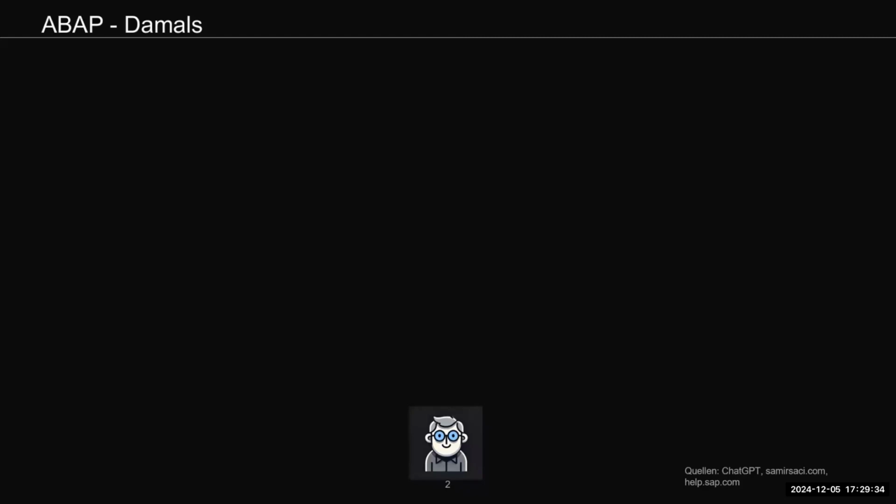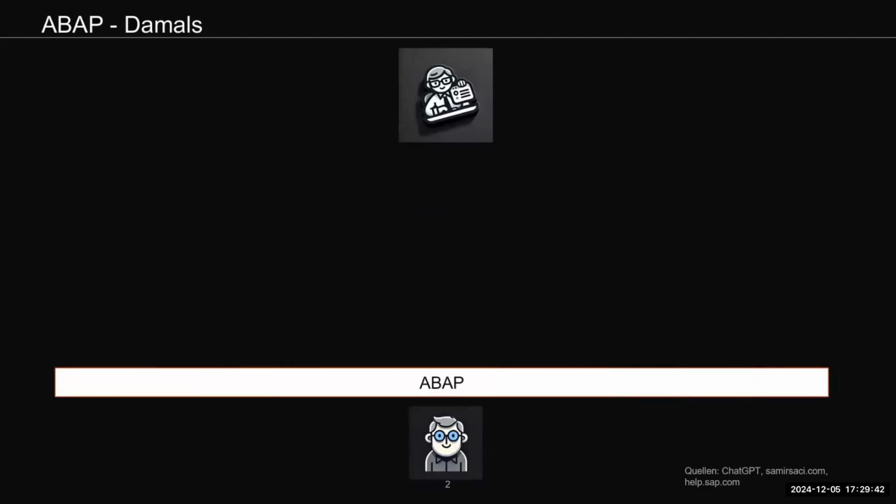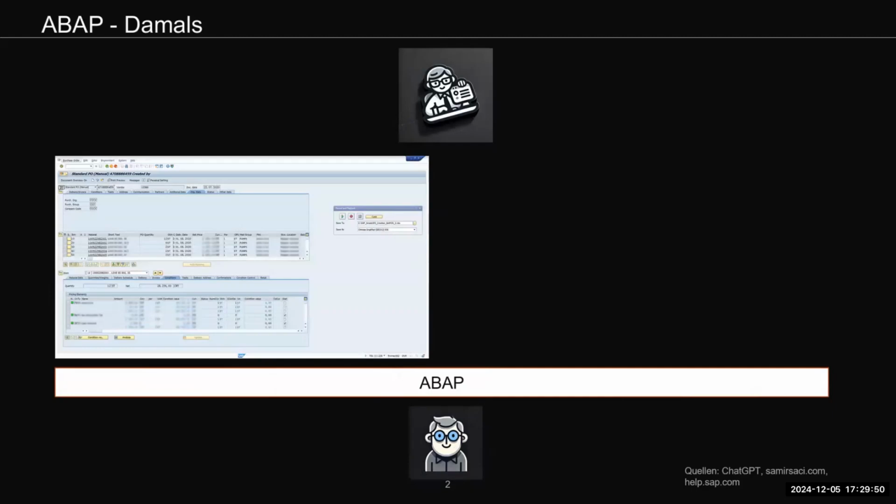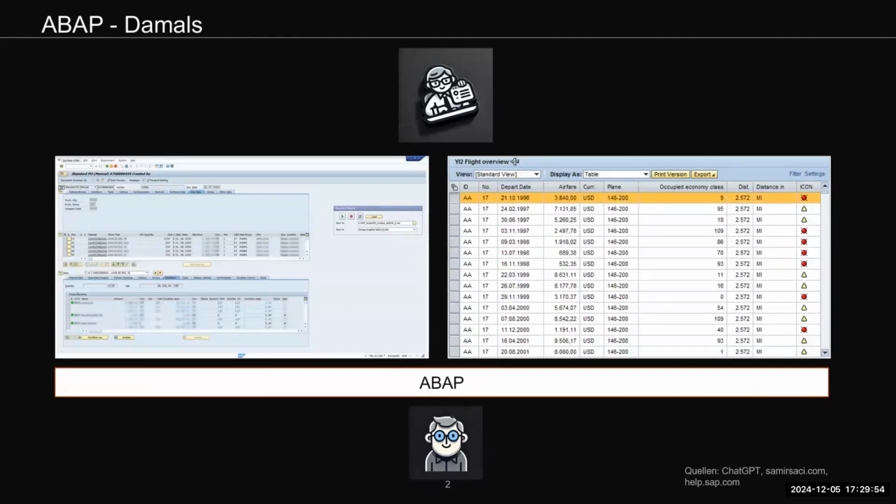So the typical ABAP developer always had the task to make the customer, the user, very happy. For this, he used our all-beloved programming language ABAP, and with all his skill set from the earlier days, he developed nice-looking Dynpro and even nicer-looking Web Dynpro applications. That's the old way of development.